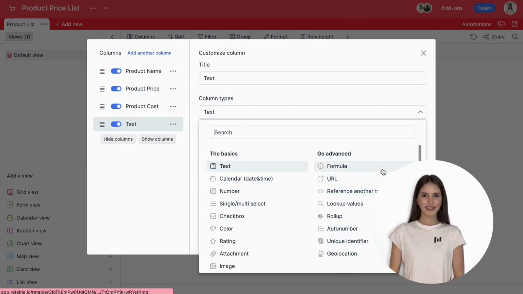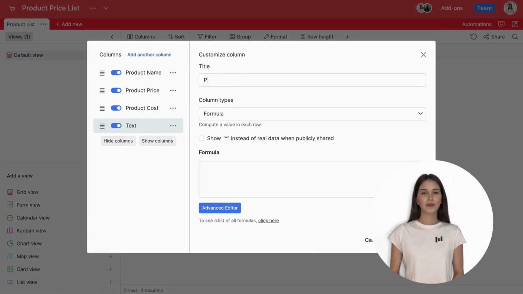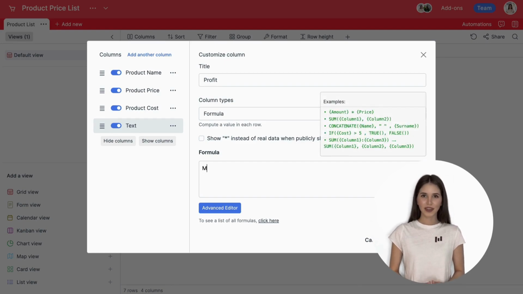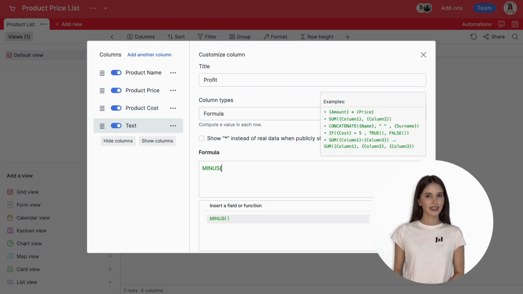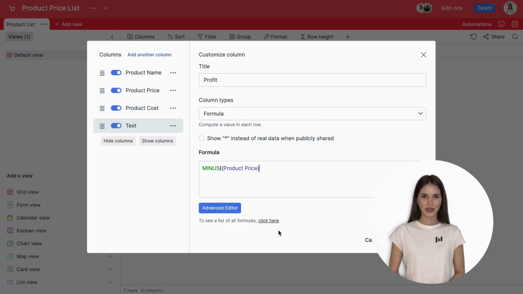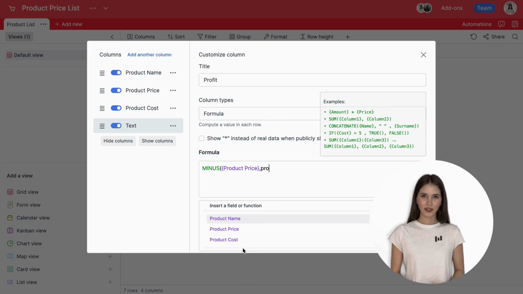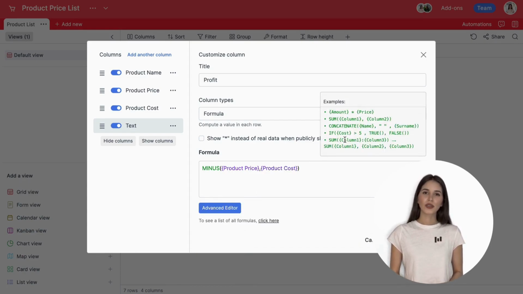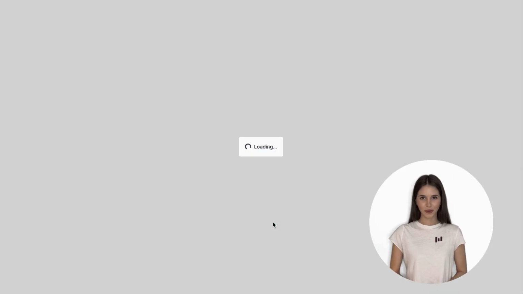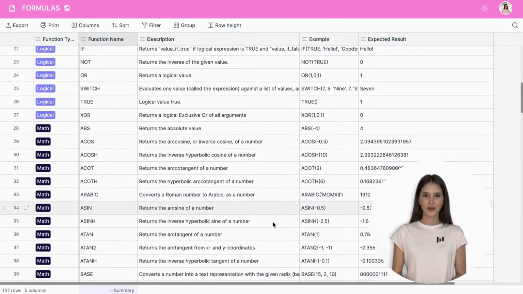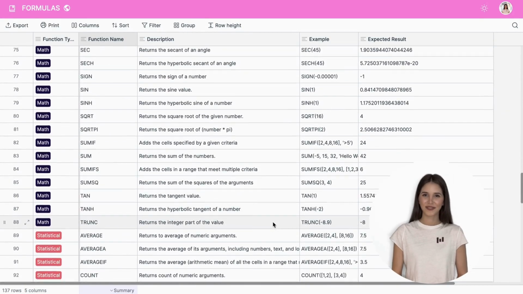suit your data. The Formula column is a powerhouse for calculations, automating your numerical operations such as addition, subtraction, and more directly within your data rows. When you're ready to write your formula, Retable shows you some examples immediately. If you want to explore more on formulas, you can visit the formula sheet Retable has created for you from